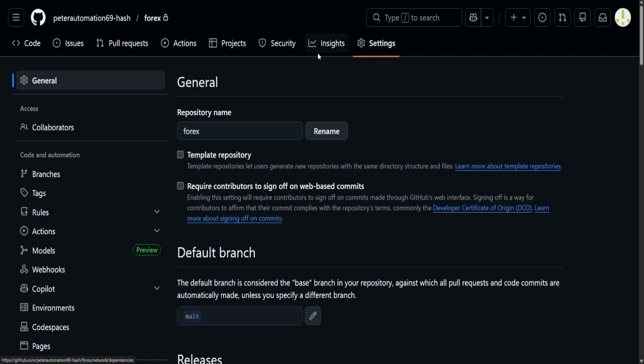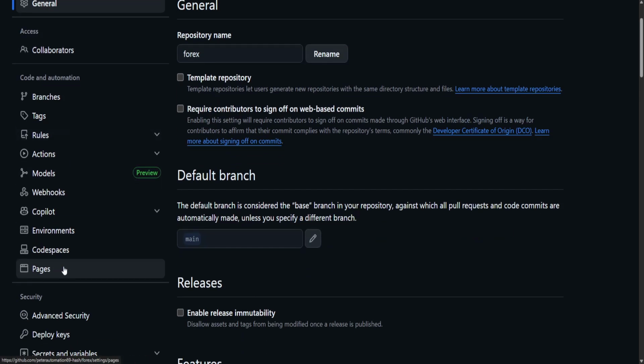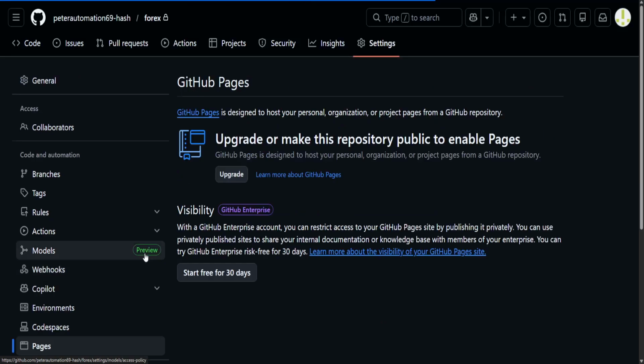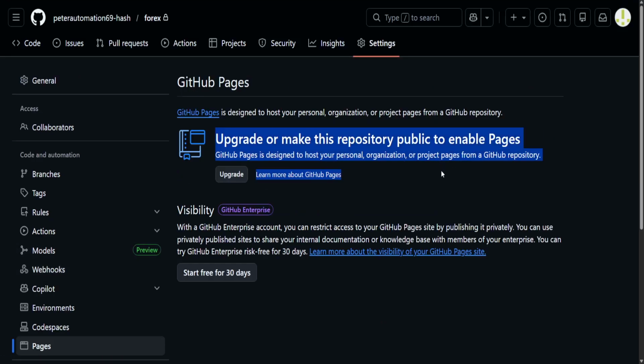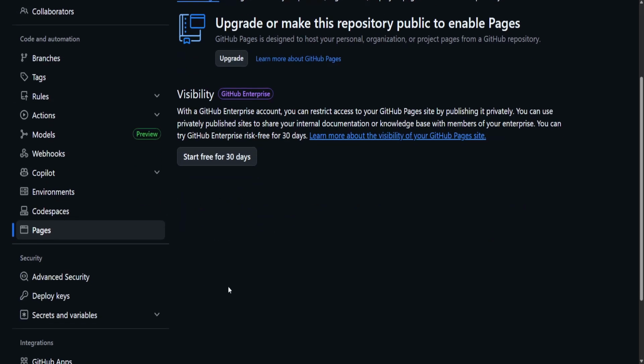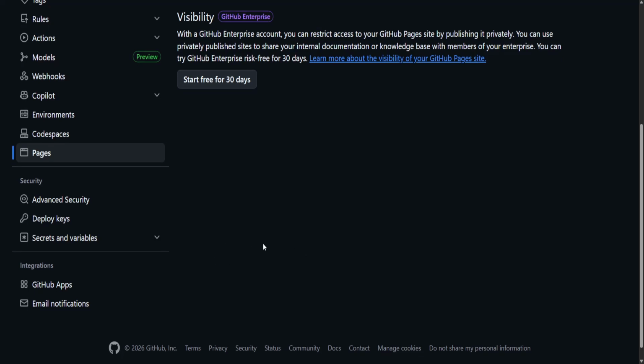Once you click on settings, then from the left hand side we will just choose pages, and you will need to have a pages subscription. If you have a pages subscription, then you will see a custom domain section here for GitHub,